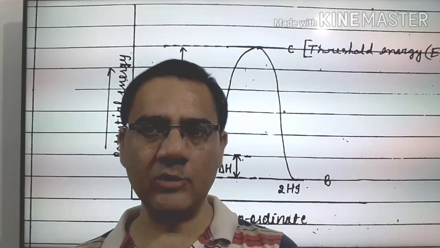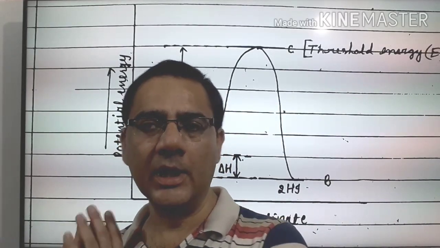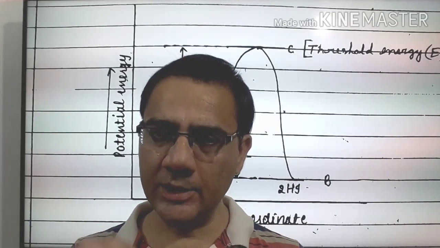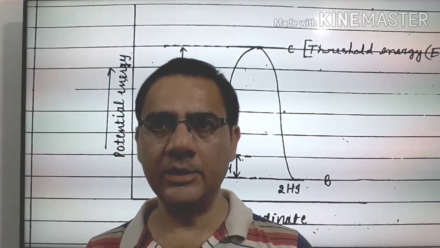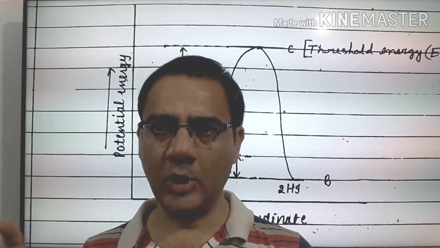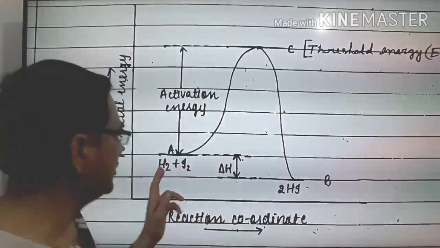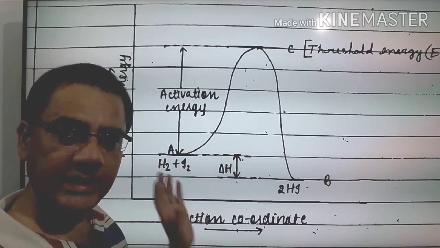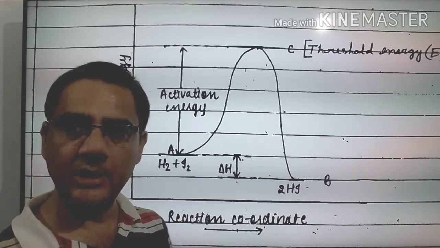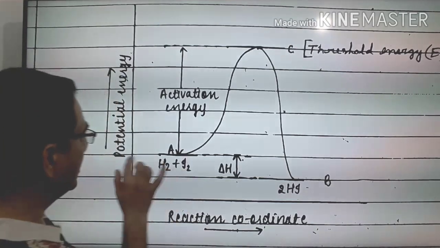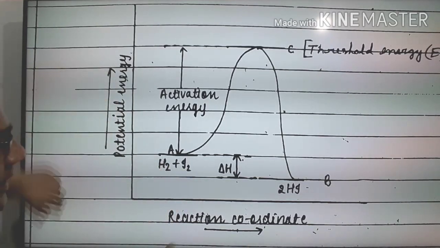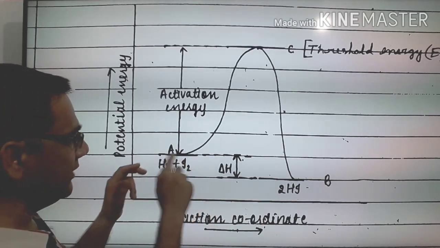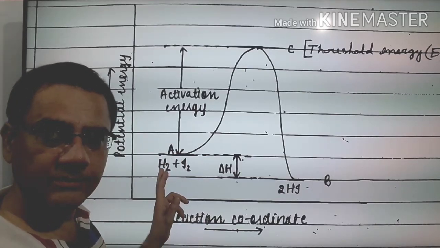If they have the energy equal to threshold energy, they react and they form the product. But if the energy is less than threshold energy, then the reacting molecules do not react, they do not collide, and they do not form the product. तो अब हम क्या देखेंगे, जैसे मान लीजिए H2 and I2 हैं, they are the reacting molecules and they are reacting together, but whatever the energy they have at this time is called normal energy, and this is the normal energy level. Here I am writing the potential energy, and this is the reaction coordinate, and this is H2 plus I2. At this time, whatever the energy they have is called normal energy.